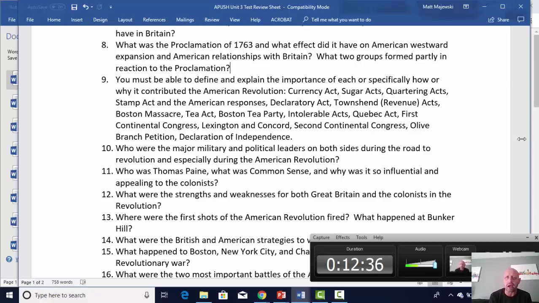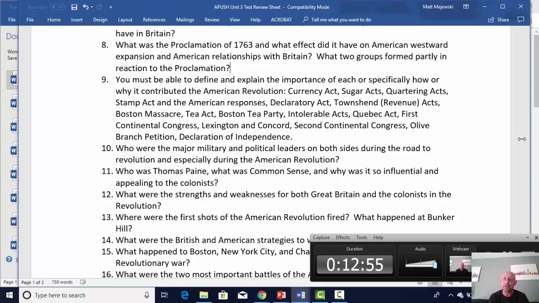The Declaratory Act was a law that was passed by the British when they repealed the Stamp Act. What it said was, hey, we may have repealed the Stamp Act, but we reserve the right to pass other acts on you in the future. So don't think you've won, Americans, even though most Americans felt like they had won the battle after the Stamp